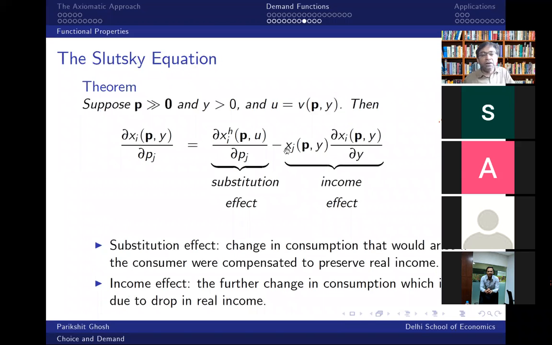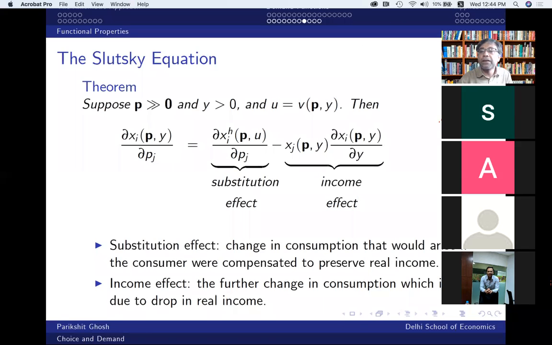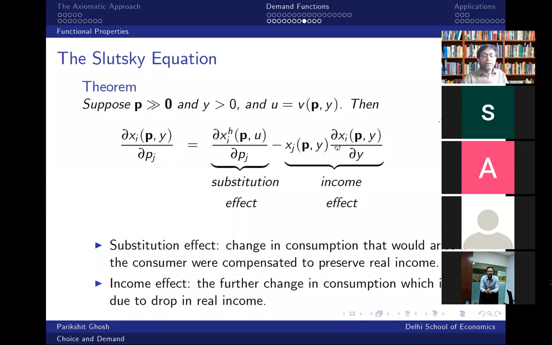Okay, so this is a kind of a centerpiece, right? The Slutsky equation. So the Slutsky equation says that